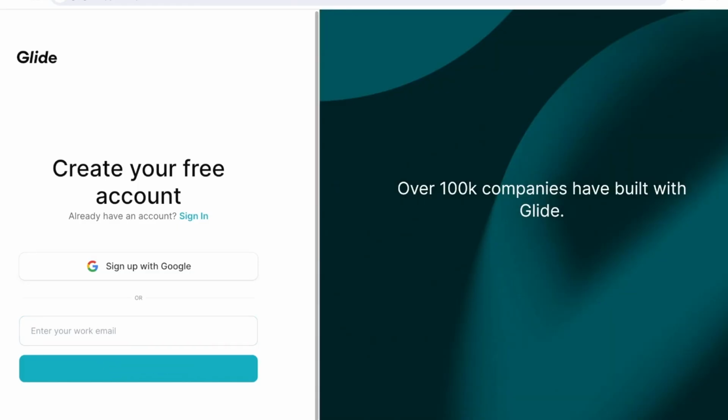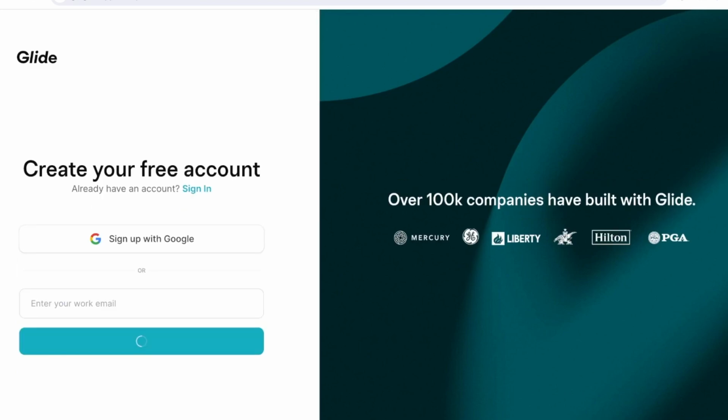When you proceed with your Glide account, you're going to have to sign up to Glide like you would to any website or platform. We're going to just sign up with our Google account to create our Glide account here. You can also choose to get started with your email address. So we are going to create our account on Glide, and once we've done that, we will be led to